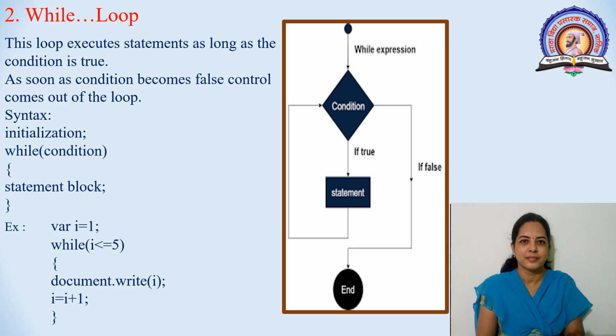Now I will become 2. Again it will go in this condition while I less than equal to 5. Now value of I is 2. So the condition is true. So again the statement is executed. It will print value of I as 2. Again it will increase the value of I by 1. So it will continue this loop till the last value, that is 5. After that value, the condition becomes false, means when value of I becomes 5, the condition becomes false and it will come out of the while loop.